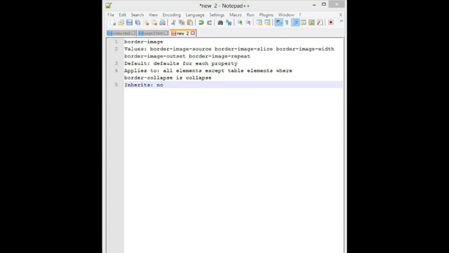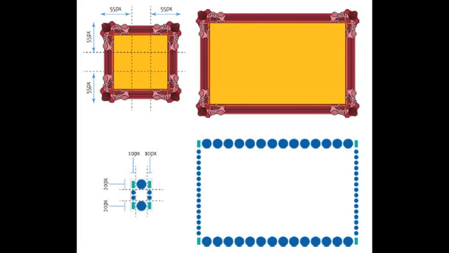Okay, so first of all, let's see the figure now. So now let's see it visually. With the help of this visualization, I'll give you an idea of what I'm talking about. This figure shows two elements and the respective images used to fill their borders. Notice that the corners of the images fill the corners of the element exactly. The sides of the element can be set to stretch, as shown in the top, or to tile, as in the bottom. Now let's see the code of this.